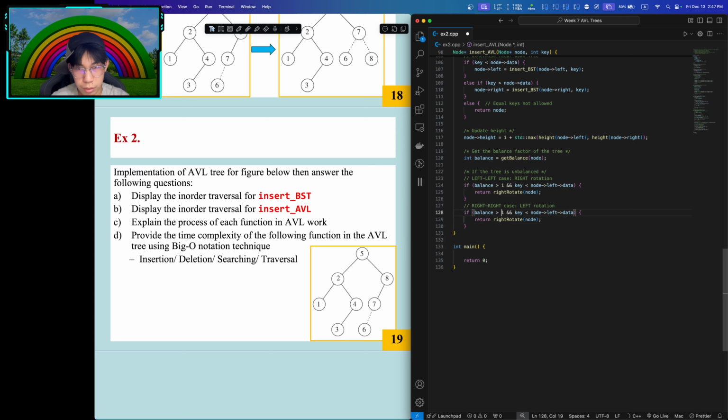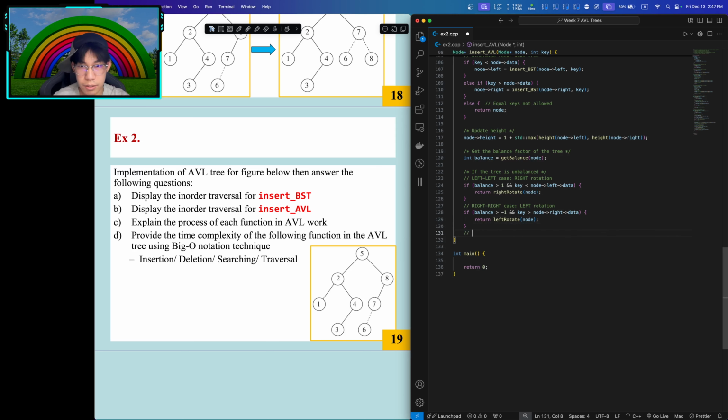Sorry, this one you have to be a little bit careful. It's still more than, but because the right is heavier, if the right is more than the left, it should return a negative number. This thing as well, if the key is more than the node to the right, and then data. So we have to get the data from the right subtree in the node,